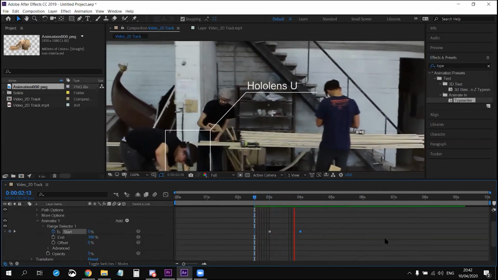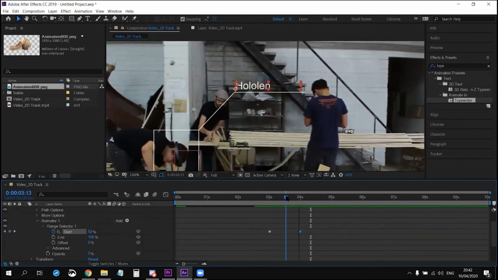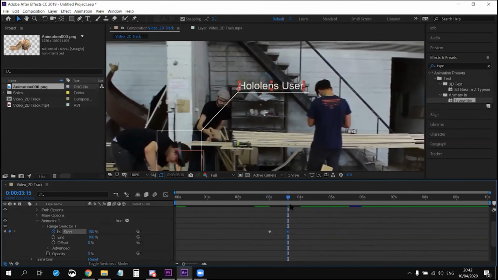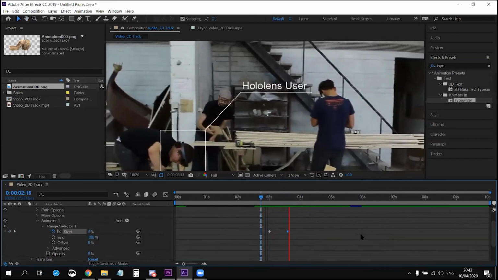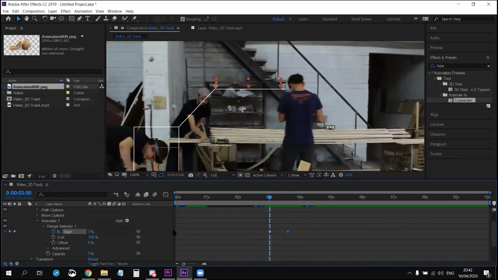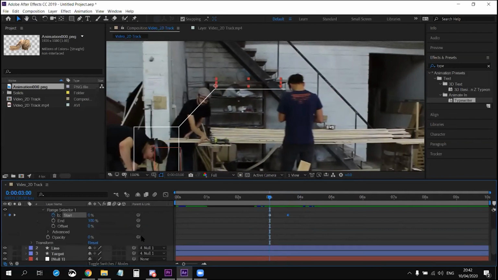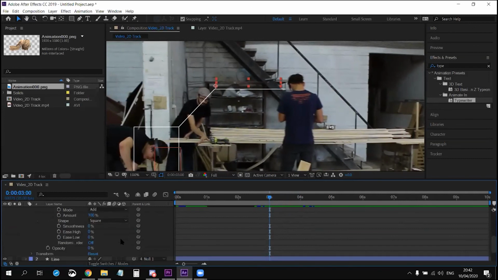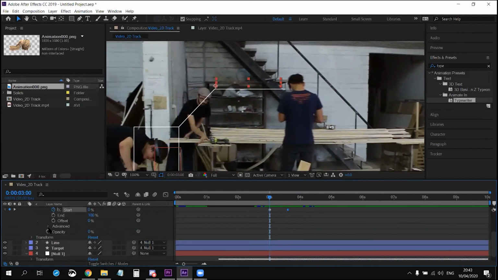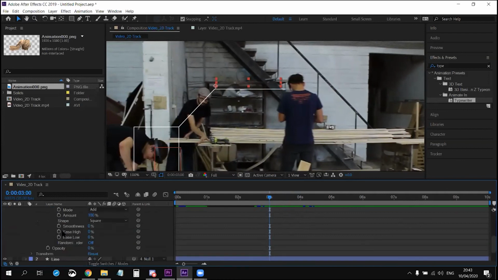Maybe it's also too slow, just 15 frames. Yeah, you can do that. So this is how to do the typewriter. Or sometimes you want to make it show up very randomly. So in here, when you click the advanced, when you